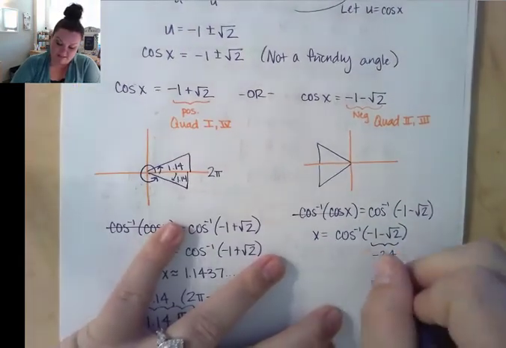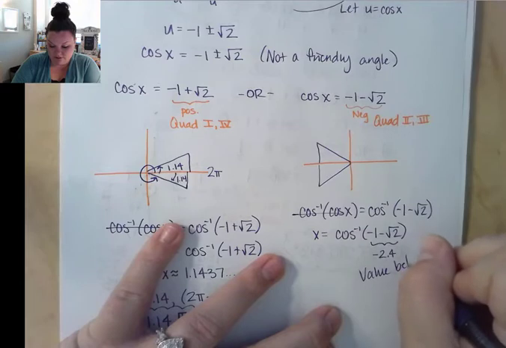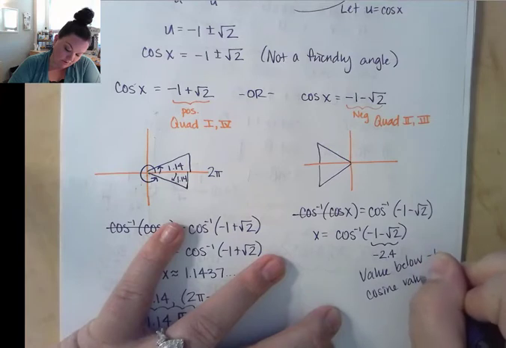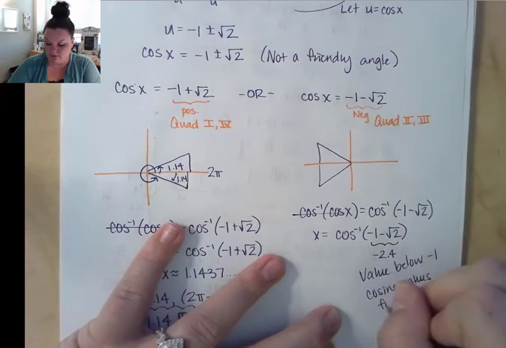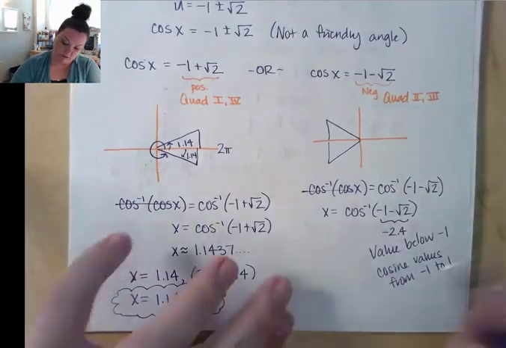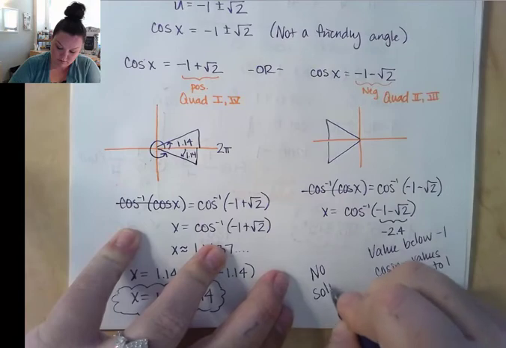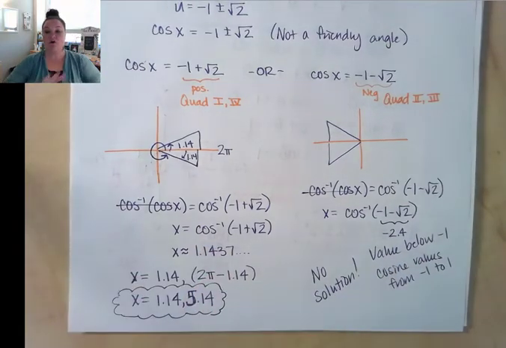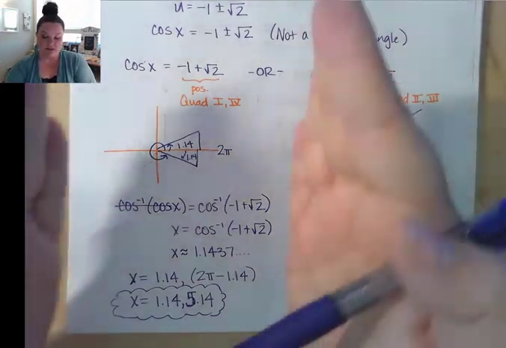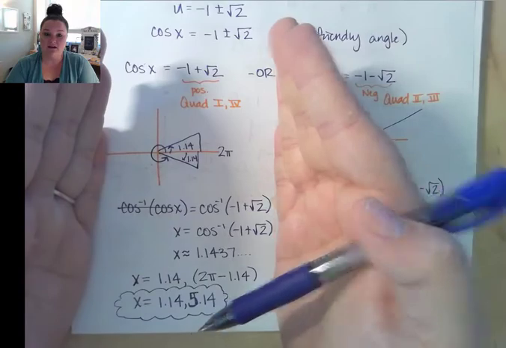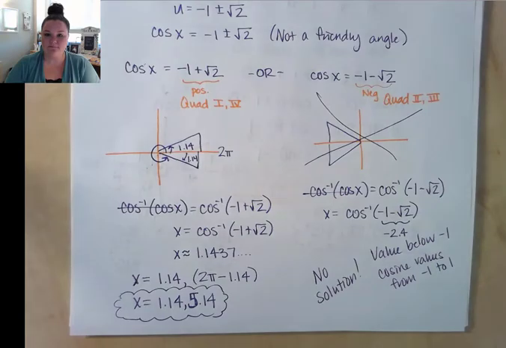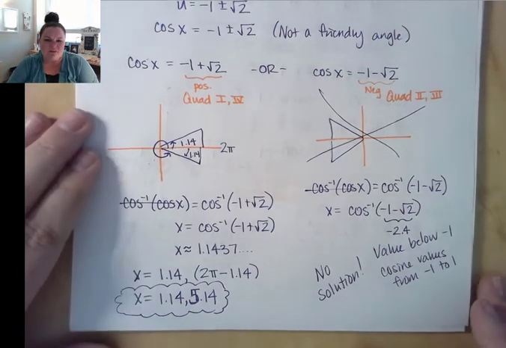I'm going to say this is a value below -1, and cosine values are from -1 to 1. So for this one, there's no solution. Now, it's not no solution for the whole problem. It's just that this piece didn't give us a solution. The only solutions we get are from the first case where cosine x equaled -1 plus the square root of 2. This one was a little bit longer, with a little bit more to think about,